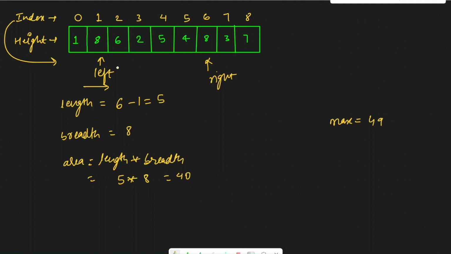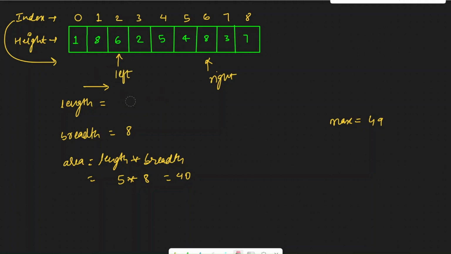Again, we need to decide whether we need to move our left pointer or right pointer. Both are pointing towards the same height, so depending on what we have in the if condition, we can choose. The if that I have chosen means I'll move the left pointer. So I'm just going to move one over here. And now my left will fall here.